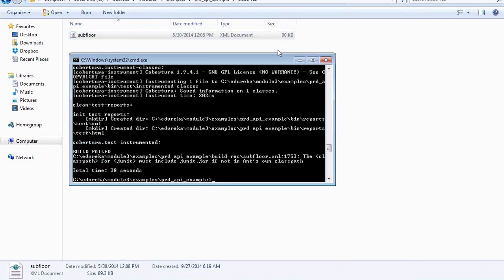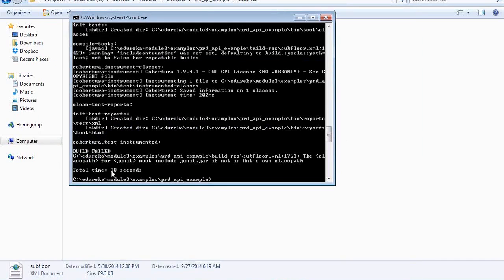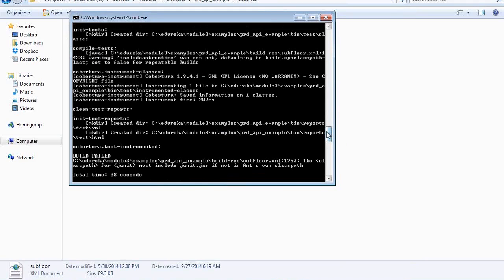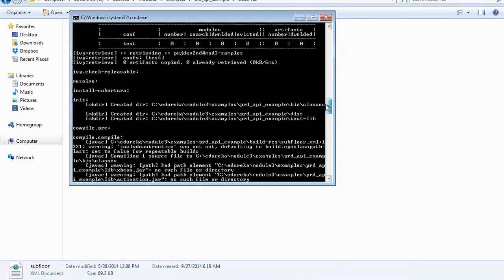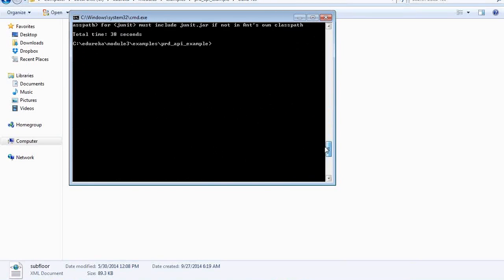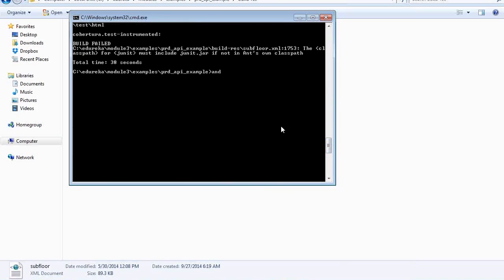So here it has built. It is saying failed because it is not getting JUnit. Let's ignore that for now. You can fix it by adding the JUnit jar file. But other than JUnit, it has completed the stuff. We can build using